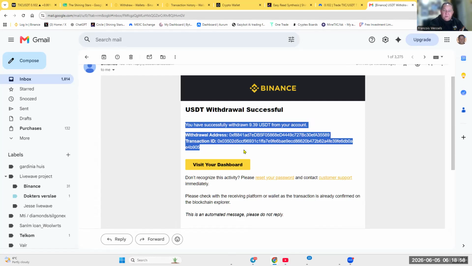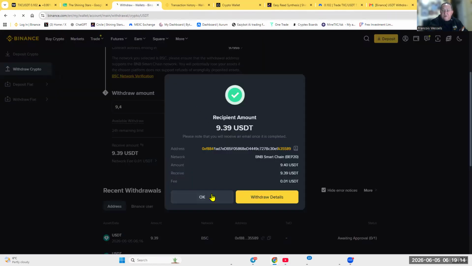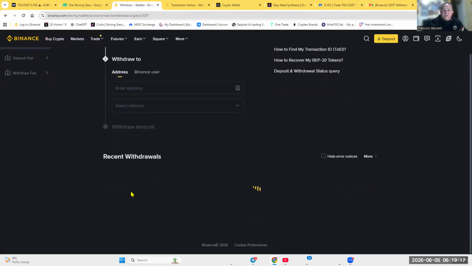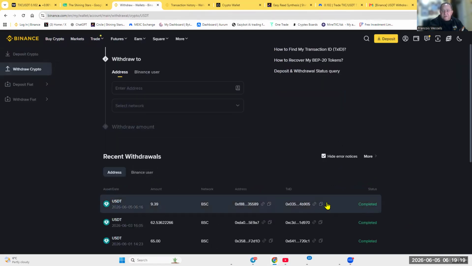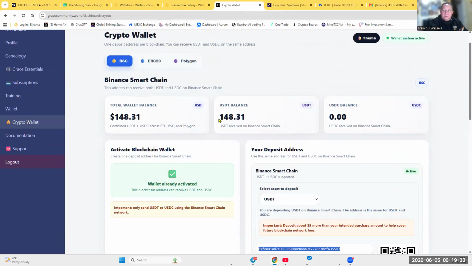But nevertheless, in this case, you guys can see I've got confirmation that the withdrawal is completed. The transaction is completed in my Binance. If I go to my Binance itself, you will see also in recent withdrawals that the transaction has been completed. Once and only once you've got your confirmation email that your transaction is completed, you can go into your Binance. You guys can still see my money does not show here.